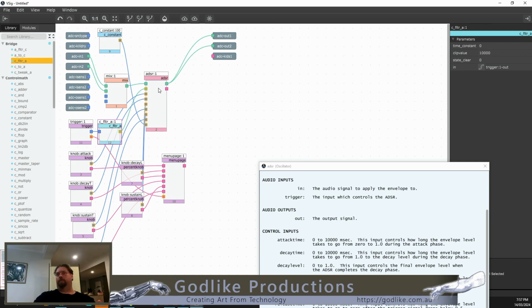Once we sort out the order of the blocks, what's going to happen with this patch is you can play audio on your inputs, and you won't hear anything until you hit the trigger. As soon as you hit the trigger, it will run through the envelope, so you can shape an envelope. You could have a MIDI trigger here instead, so every time you press the note, it triggers an envelope. You can do things like stutter effects and tremolo effects with this quite simple